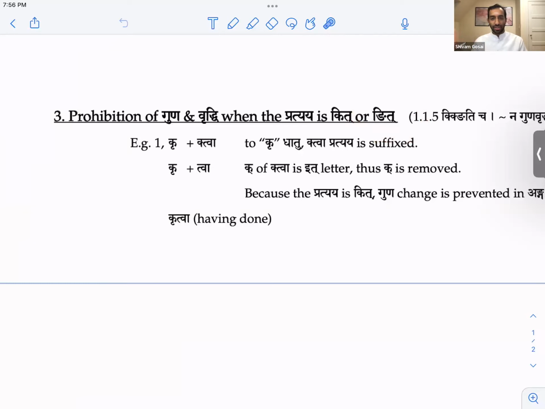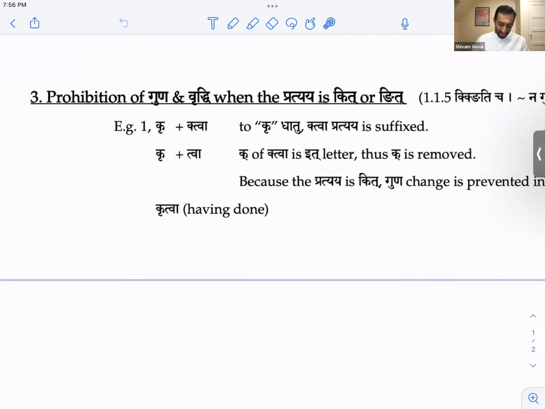If you have kit or nit, I'm just not pronouncing the nga, but you can see it on the screen. So we know this twa lyap, right? Here, because of the kakara, there's no guna or vriddhi. So it doesn't become kar or kar, right?